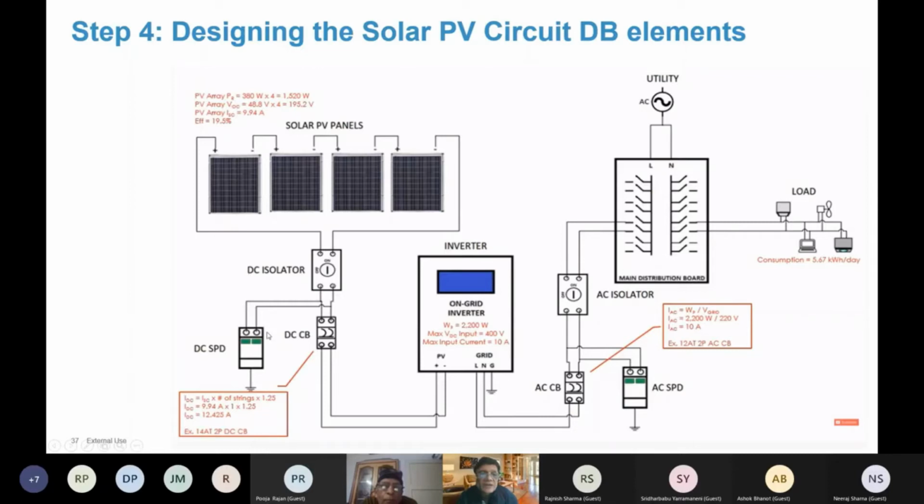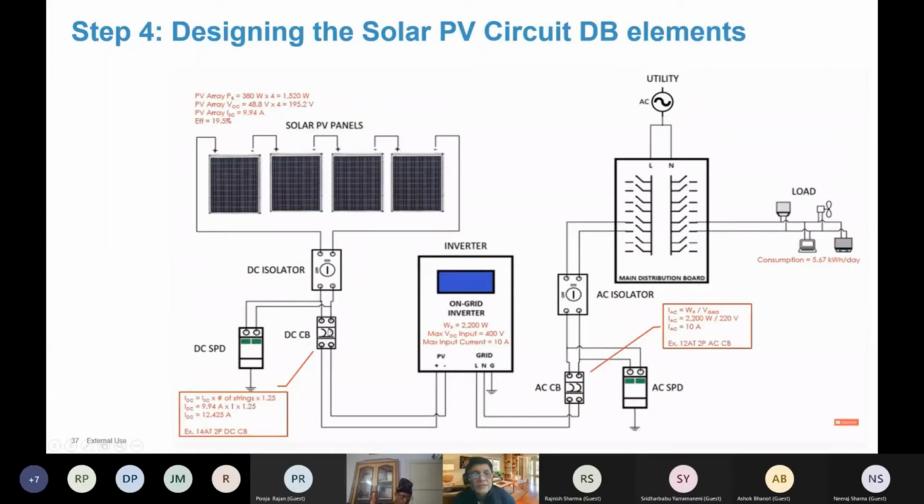So now let us go to our DC distribution board and circuitry. An isolator is a simple on-off switch, except that it will trip both sides together. It is not a switch where you just break one side of the circuit. So it's a 2-pole isolator. And when you take a look at our overcurrent protection devices, you have a surge protection device, and maybe you will add in your distribution board an RCCB, which is a residual current circuit breaker, and you will also have a DC circuit breaker.